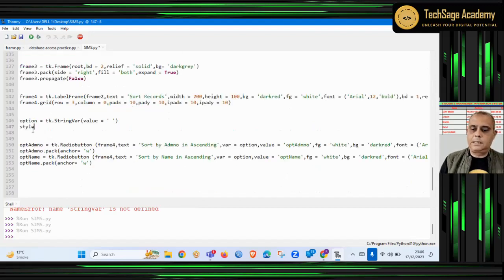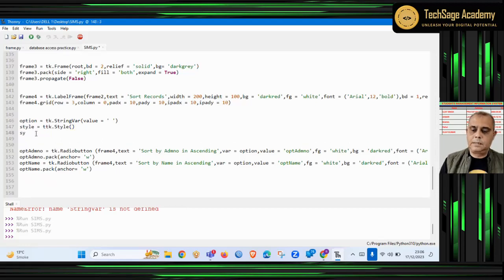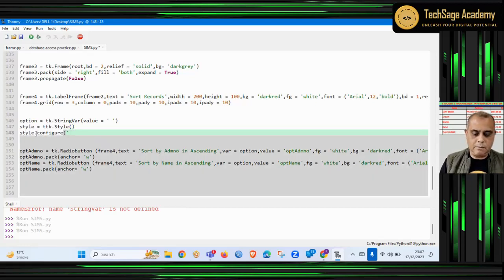So I'll take style is equal to ttk.Style().configure. First parameter will be TRadiobutton, foreground is equal to white, background is equal to dark red, font is equal to Arial 11 bold, padding is equal to